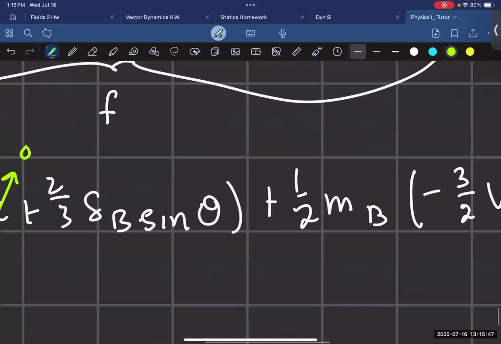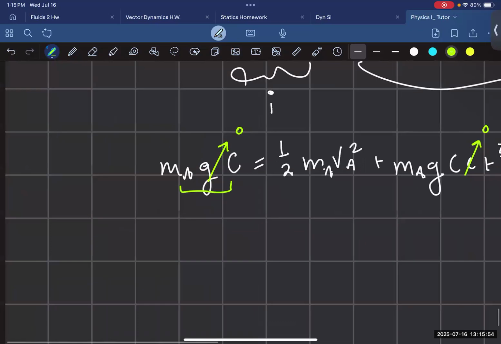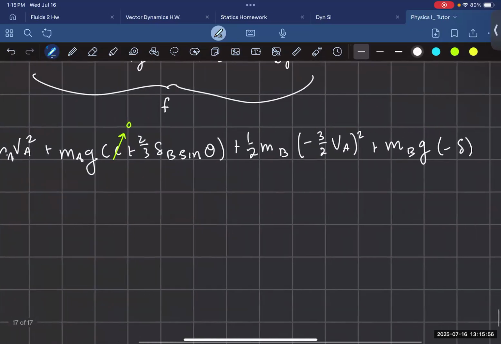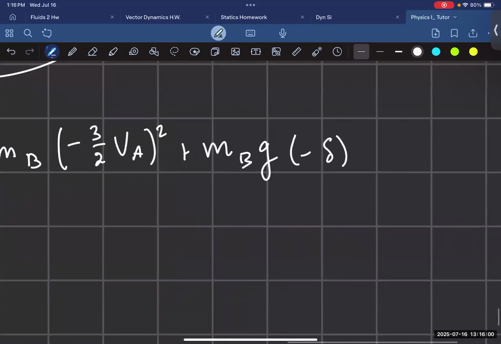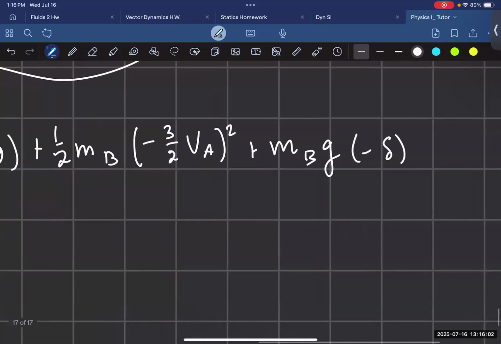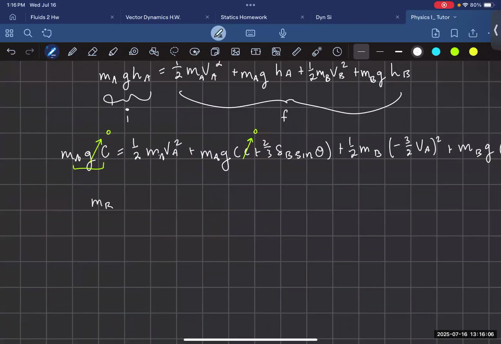If you distribute this, you'll realize mathematically it will cancel out with this term right here. And with the mass of B times gravity, the potential energy of B in the final state has a negative sign, so we can bring it over for simplicity. So MBg